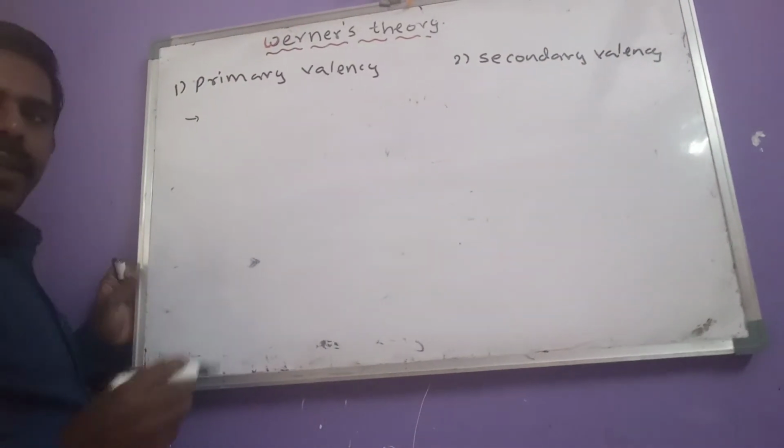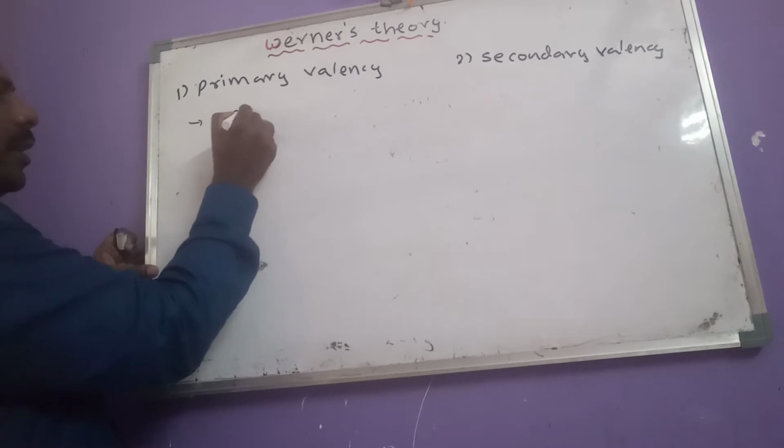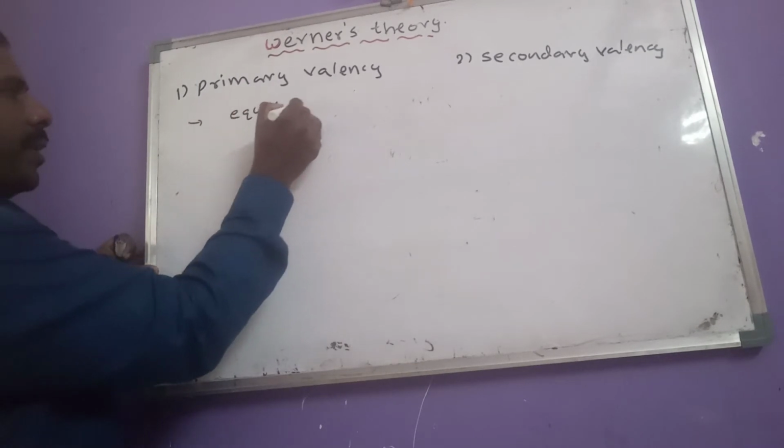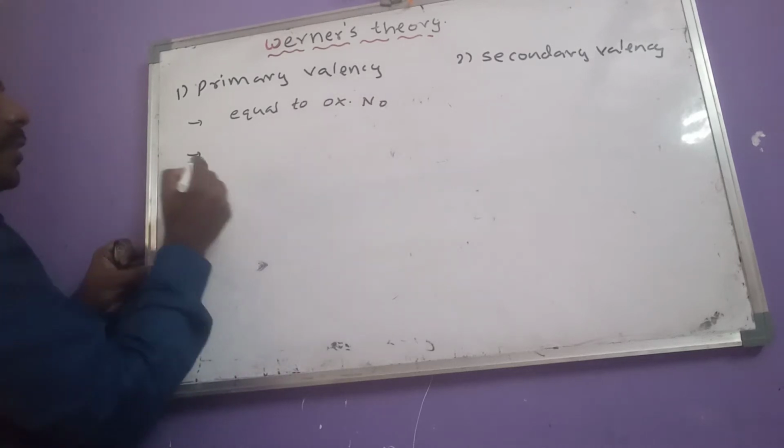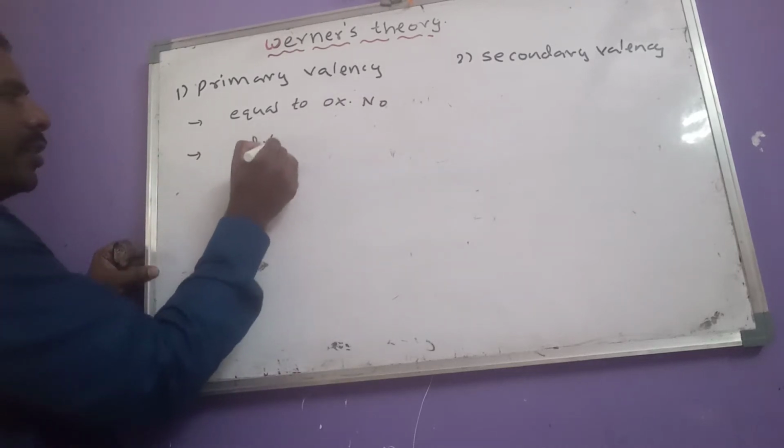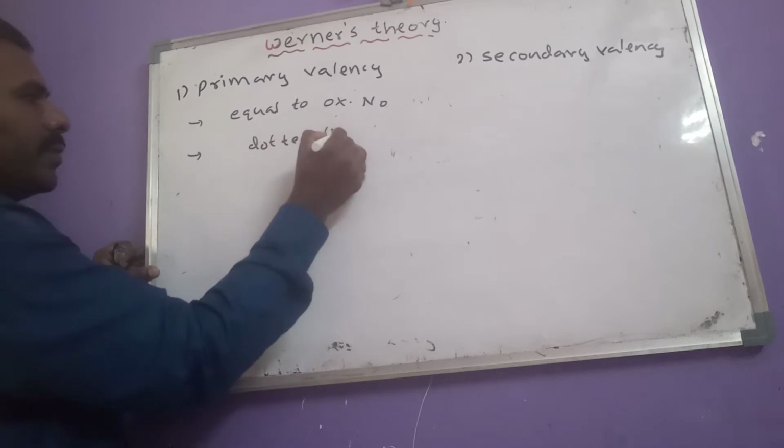Primary valency is equal to its oxidation number, and it is indicated with dotted lines,